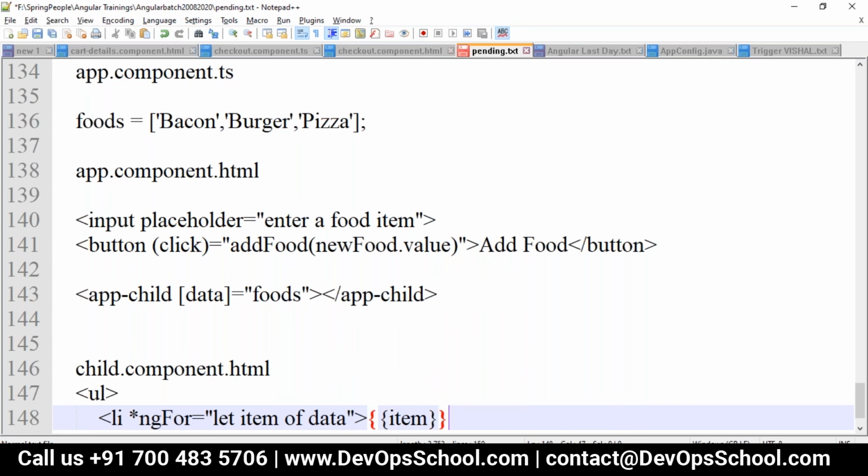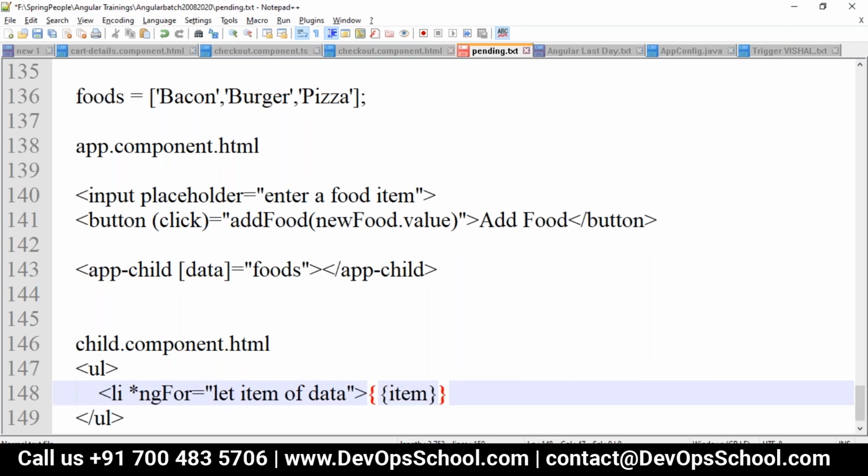Whenever the parent component adds one item, the child component shows it, and everything works as expected. When the new food item gets added to your list, the input in the child component receives the data from the parent.